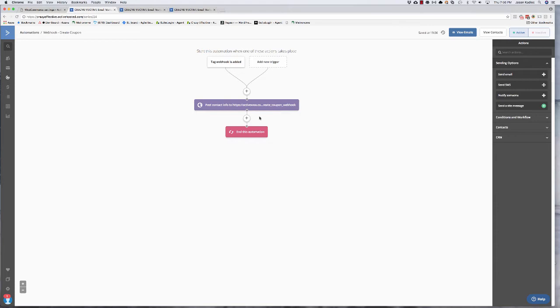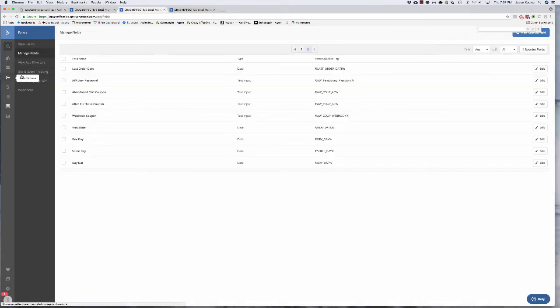All we've done at this point in the automation is ActiveCampaign has sent what's called a webhook or an HTTP post to your site. ActiveWoo has received that signal, and then it's responded back to ActiveCampaign, and it's written a coupon into the custom field of one of your contacts. So what does that mean? So in your